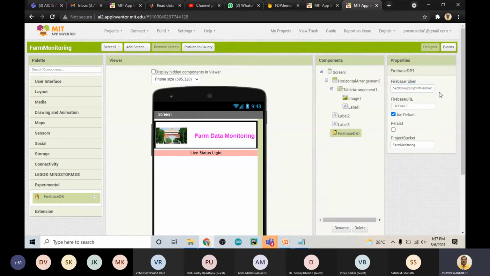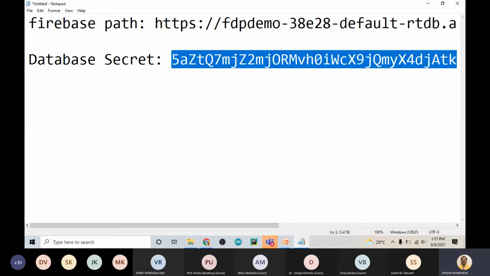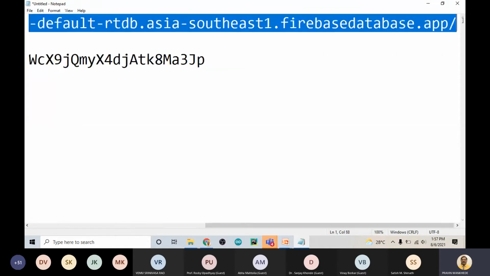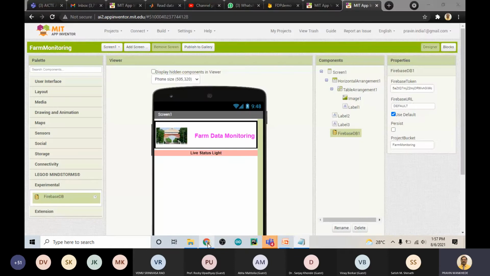Now we have added the Firebase token. Then Firebase URL. Go to the notepad again, and the above link we have is this one. So copy it again as it is, and go to your Firebase URL.